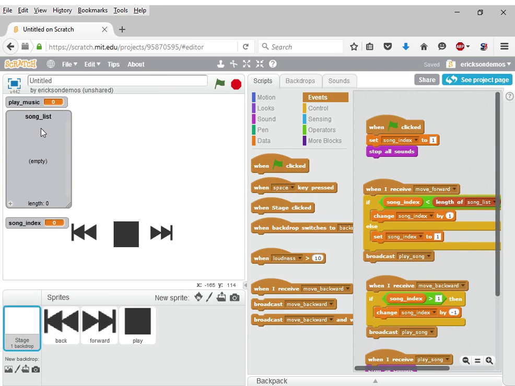However, they're not in our song list yet. So to actually play the song, we have to add them. So let's add birthday into our song list. So now we see that birthday is present. However, that's the only song that we have. We're going to want more songs than just birthday. So let's go ahead and add birthday, medieval, techno,